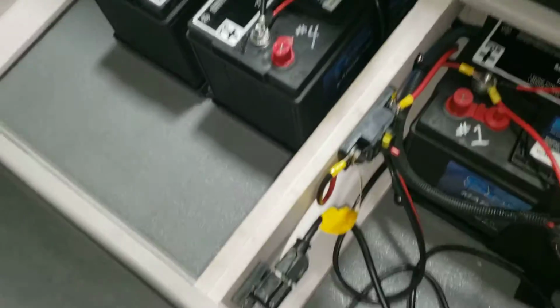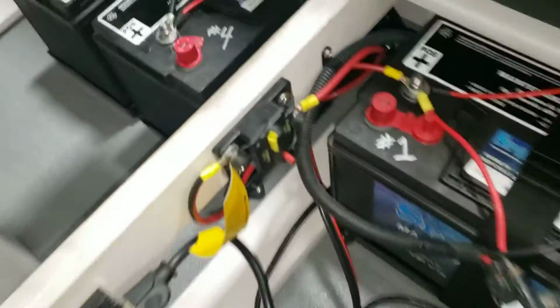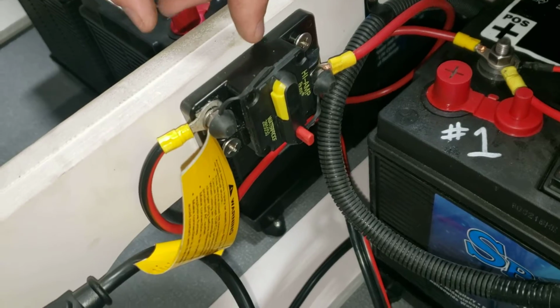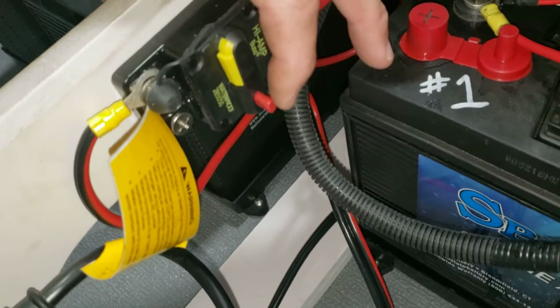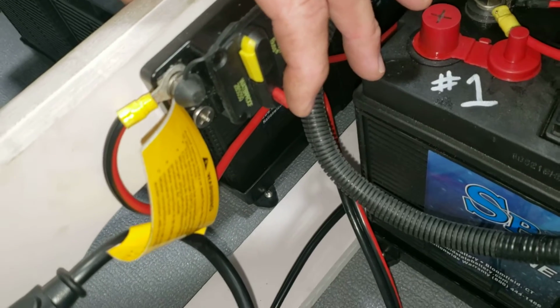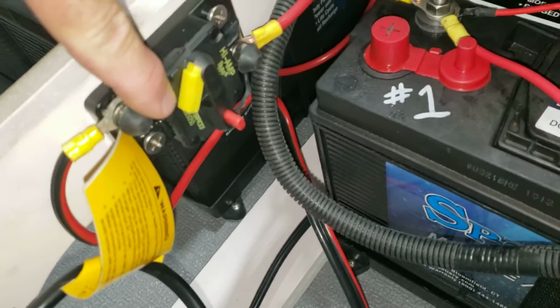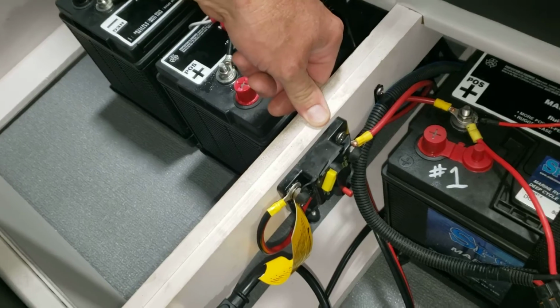So this is the e-drive installation on your boat. The circuit breaker is mounted right here, and this is the normal operating position. If you want to charge the boat, the safest way to do that is to push the red button, and that disconnects the power so that you can't leave the key on by accident or turn the key on by accident to